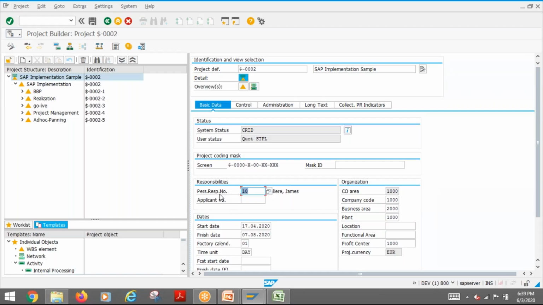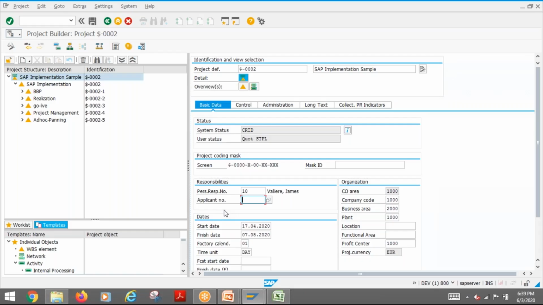So in case segregation or authorization is required, department-wise authorization, project manager-wise authorization or team-wise authorization, that way controlling is required, then you can utilize this authorization object, person responsible. For example, if you don't need authorization, you can give a star. Otherwise, we can segregate authorization by person responsible. It is an authorization field. Then applicant is an information field. Again, there is no authorization control, but you can use it for some other kind of